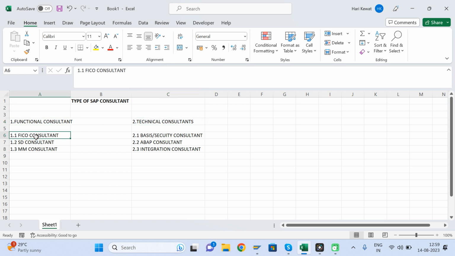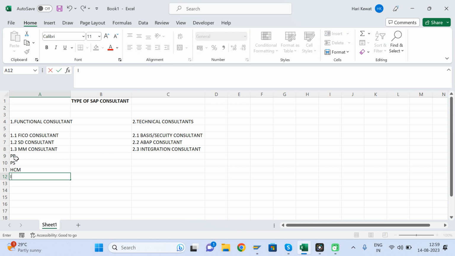In functional consultants, you can become a finance consultant, you can become a management consultant, you can become a sales and distribution consultant, which is known as SD. You can become a material management consultant, a production planning (PP) consultant, a project system consultant, an HR consultant, or an investment management consultant. So there are so many modules available